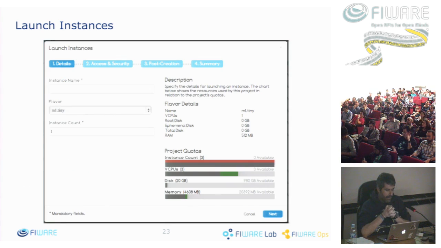Well, when you try to launch an instance, you will see something like that. Important here is the right side of the window, in which you see what my quotas are. This is something that I try to explain: as usual, we have a very strong limitation. In fact, now we are changing